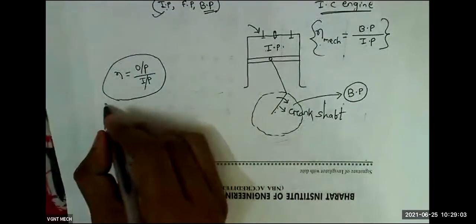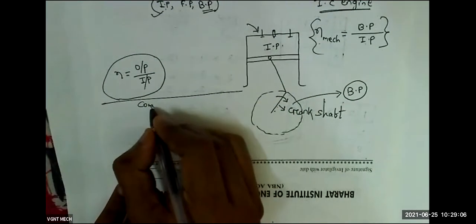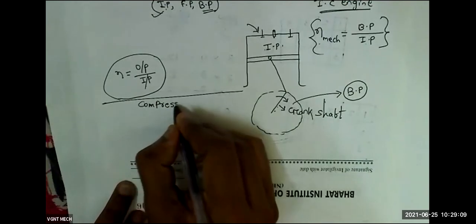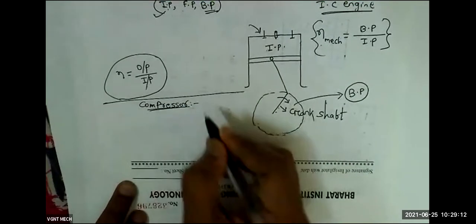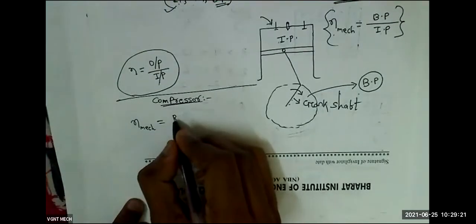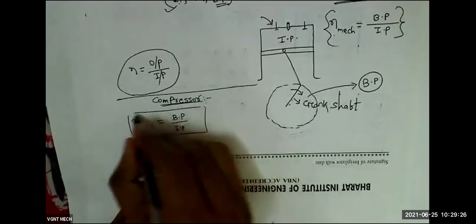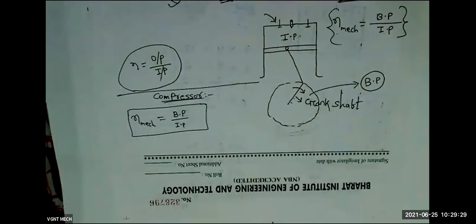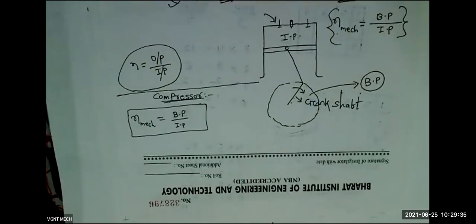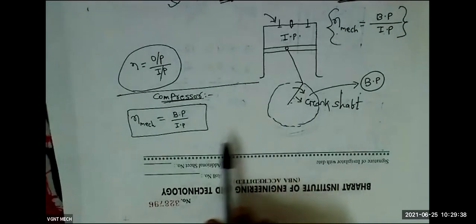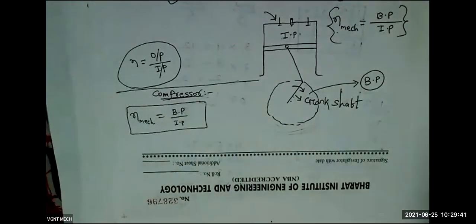But when we discuss the compressor, the formula of mechanical efficiency will change. Here, the formula of mechanical efficiency will be reversed. Here, the formula will change. Now, the question is why this formula changes over here. Yesterday I told you how this compressor works, so I will show you the figure, then you can understand this.